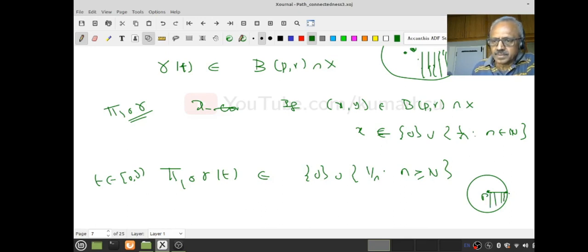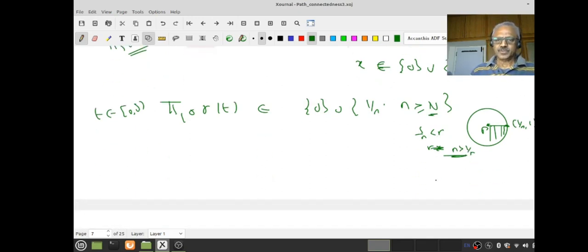Okay, so this point will have coordinate (1/n, 1), and therefore the distance is 1/n. Therefore 1/n should be less than r. That means n should be greater than 1/r. Okay, that is my capital N. Don't worry about such things, but anyway, it's okay. You understand that? But I know this is a connected set, but π₁ composite γ of [0, δ] is